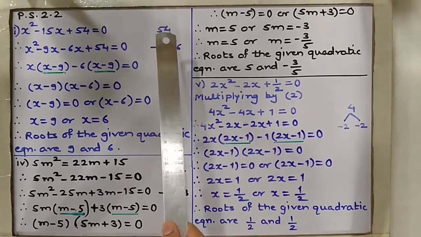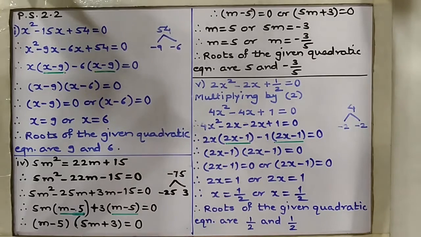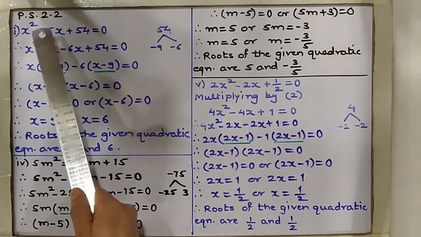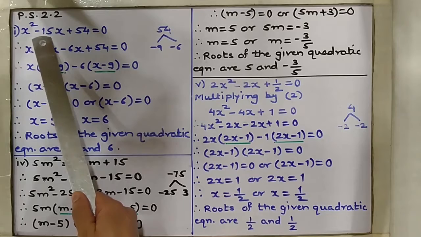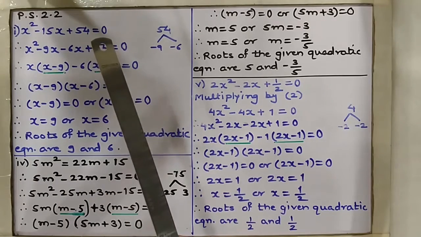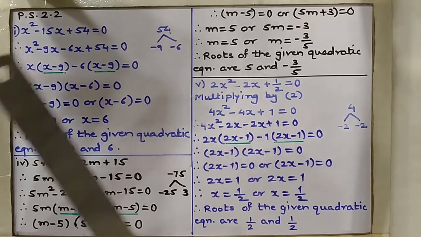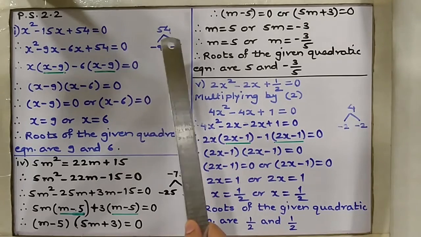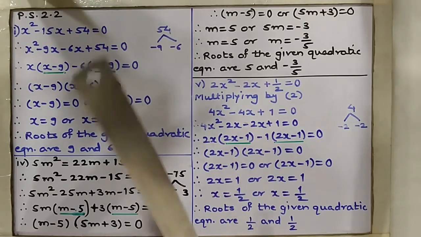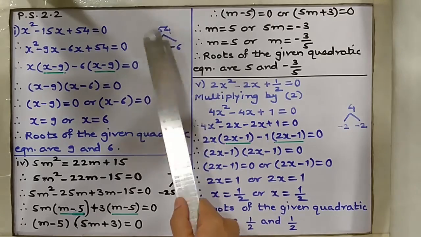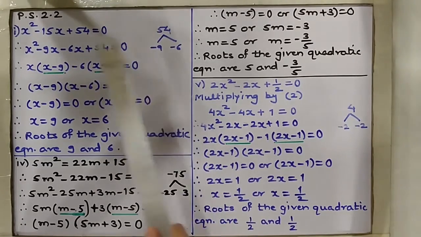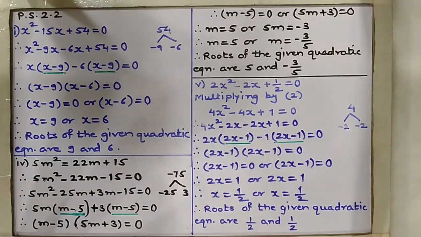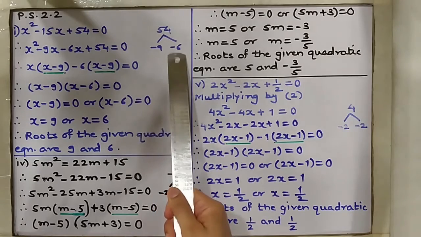Now since the product that we want is positive, so both the numbers will either be positive or they are going to be negative. But since the sum that we require is negative, so obviously both the numbers are going to be negative. So we'll take the numbers as minus 9 and minus 6. Minus 9 multiplied by minus 6 is plus 54 and minus 9 minus 6 is minus 15. So as both the conditions are getting satisfied, so factors minus 9 and minus 6 are correct.